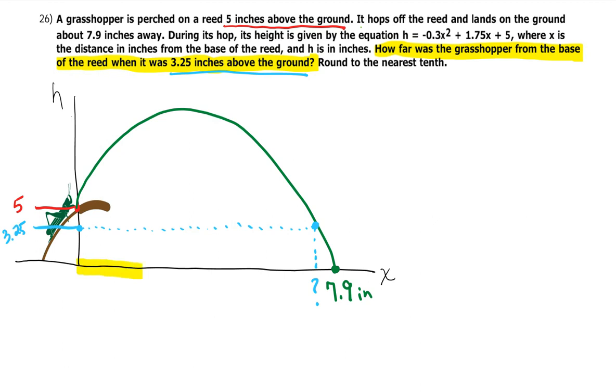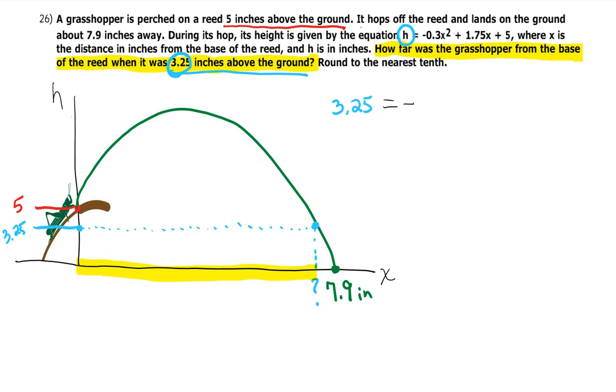We're looking for this distance right to there, so we want to know what that x is. Since the 3.25 is the height off the ground, it has to go where the h is. So we're going to have 3.25